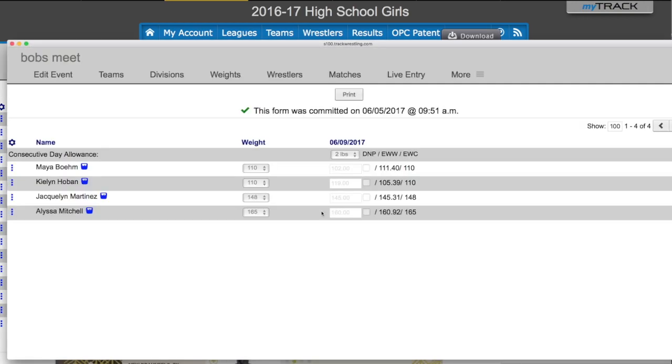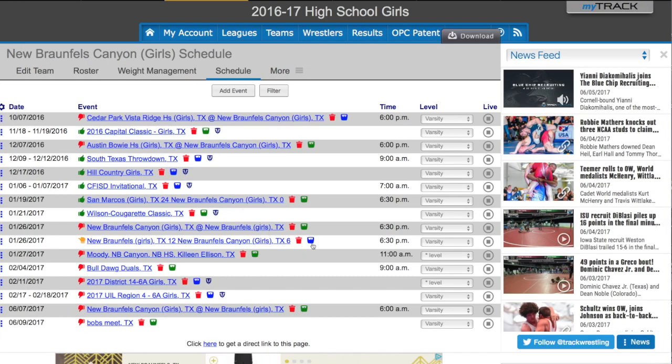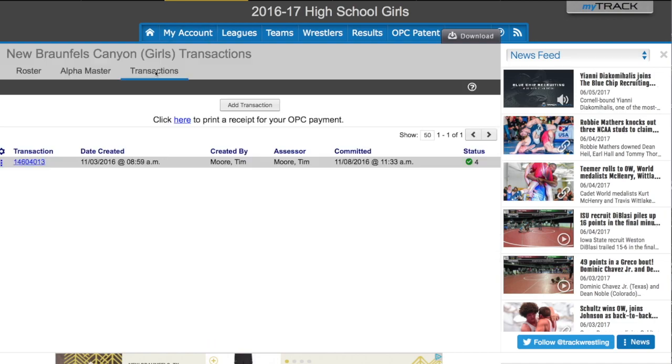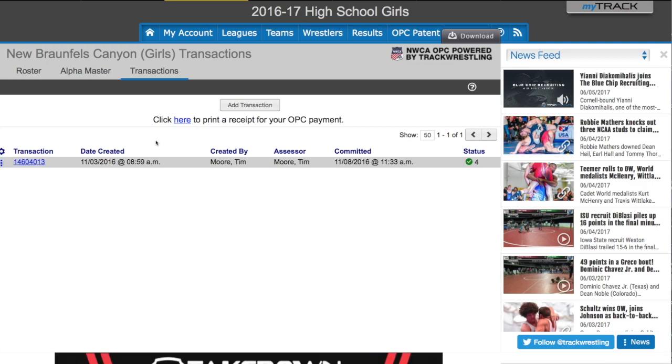And here are the weights that we have. The problem that we find is that people forget to hit the commit button at this point. If you don't hit commit right here, and your scale stays blue, then the wrestlers that show up the next time on that screen for the weigh-in will not be there, because they have not been committed from the weigh-in before. And the way Track Wrestling works is they have a decline as to how far they can come down in weight management. So you click on weight management,